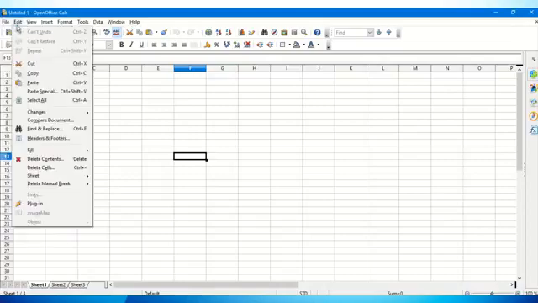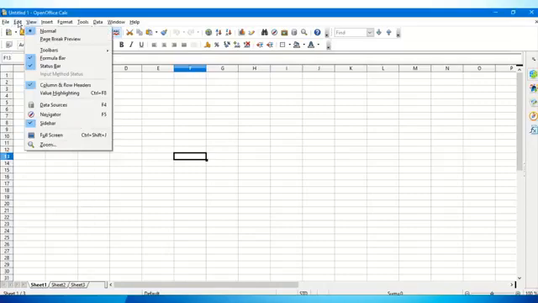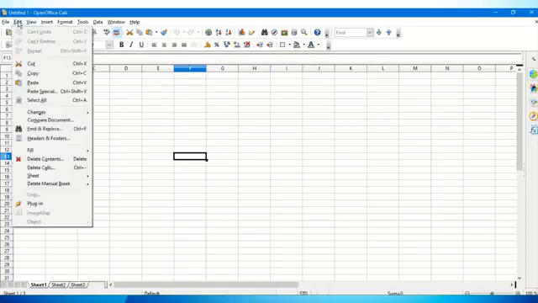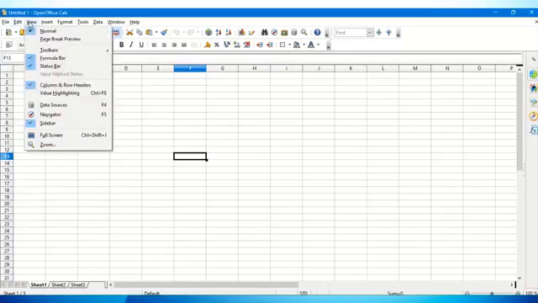The next menu is the edit menu, which contains options like cut, copy, paste, which is very common, find and replace, autofill options, and deleting the contents, deleting cells, etc. All these options are available in the edit menu. The view menu helps us to view the different elements in OpenOffice, that is the toolbars or the status bar or the navigator pane. If you want to view in full screen or zoom, that can be done from the view menu.